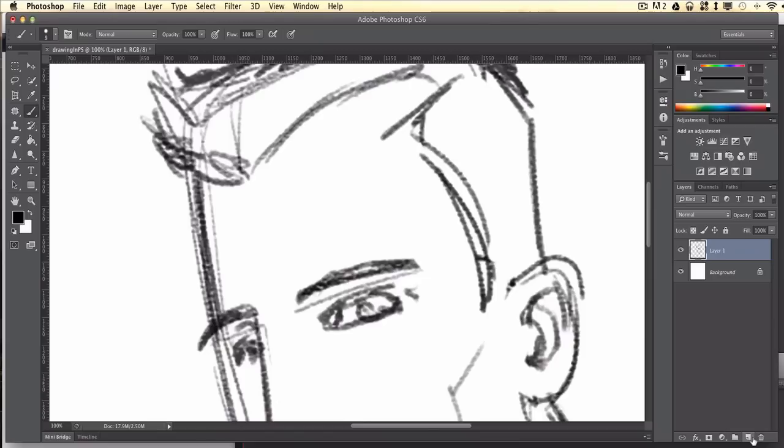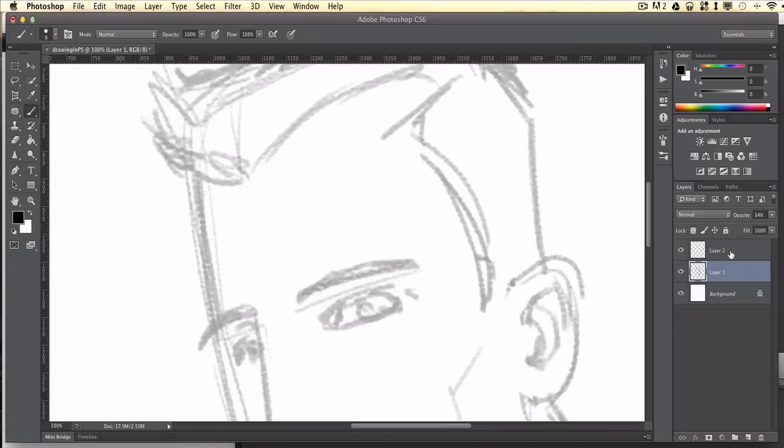I'm just going to put one more layer on here so I can draw over my first sketch. And I'm going to change my sketch to have a lower opacity. Just a little bit lower. I'm going to come over here. Some of you might know this already, some of you might not, but if you hold down Control Alt